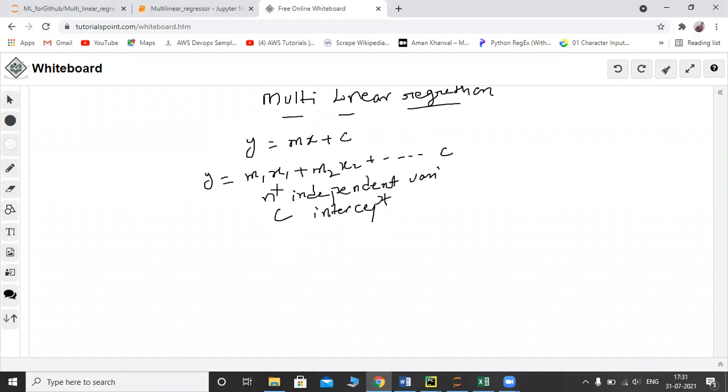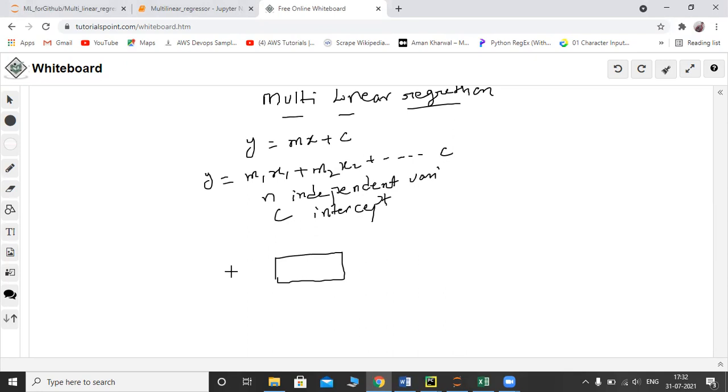So what does multilinear regression mean? We provide x1, x2, x3 ... xn values. Our multilinear regression model estimates m1, m2 ... mn using the gradient descent algorithm. Our sklearn library is very beautiful. Imagine this is the sklearn library.